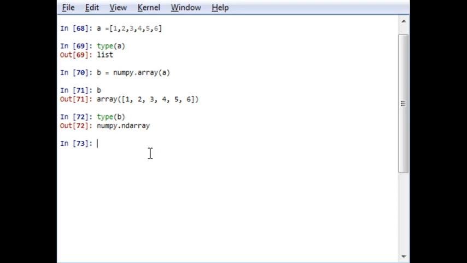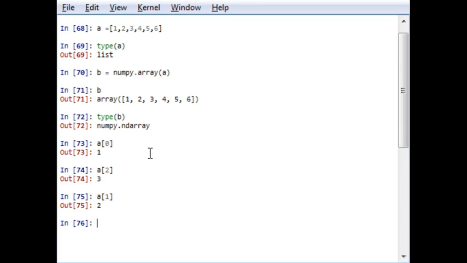So if I want to access the first element of an array or first element of a list, I will write A in bracket 0. So the first element is 1. Similarly, if I want to access the second element, it will be 3. If I access the first element, it is 2. By default, Python starts with indexing number 0. So the 0th element, the first element, the second element, like that.